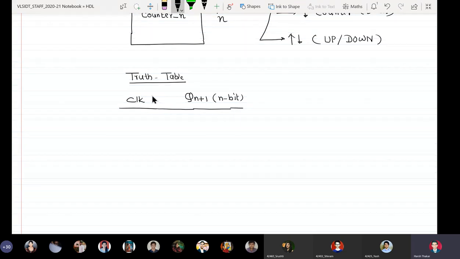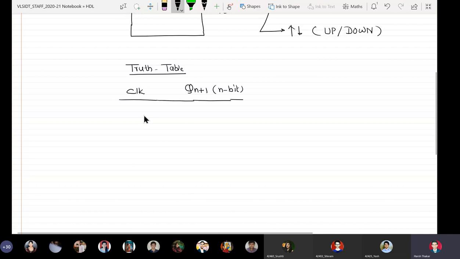So our counter is negative edge triggered. So when clock equal to 0, it will remember itself. Clock equal to 1, it will remember itself. When there is a rising edge, it will remember itself.